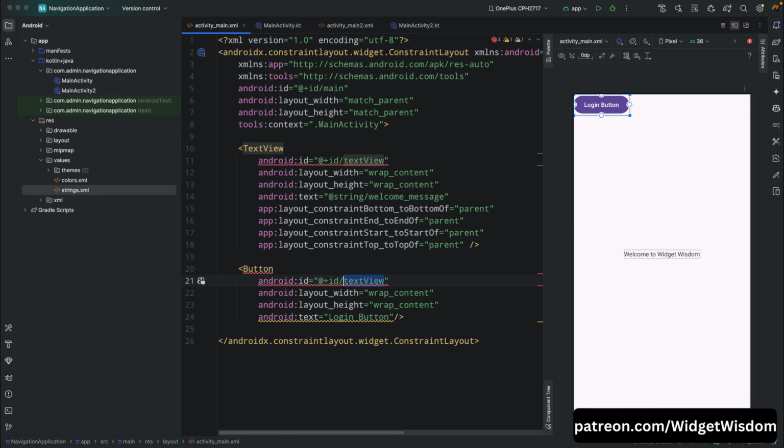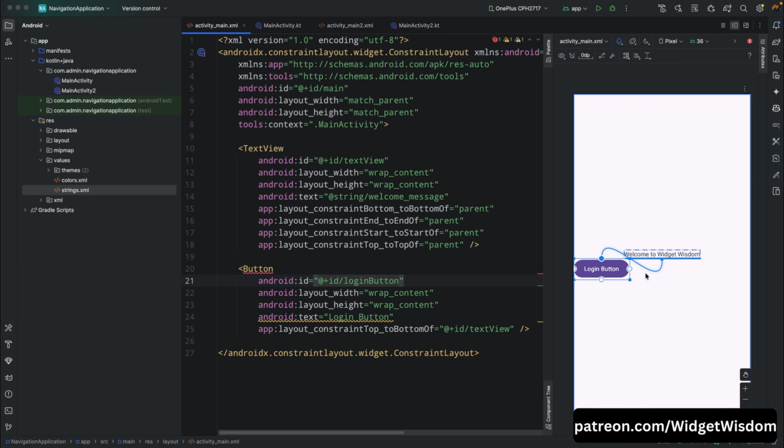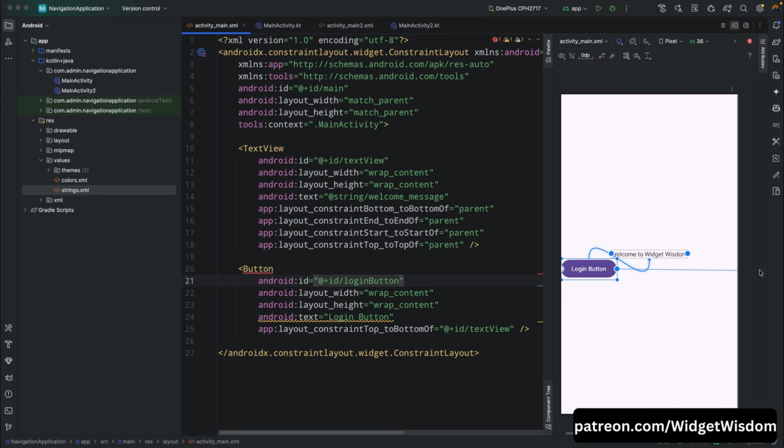So let's say I named it as login button. Now here we need to again, like, this button's position is not correct, right? So we can set its constraint. For that, just click this thing, map it here, and then add it this side